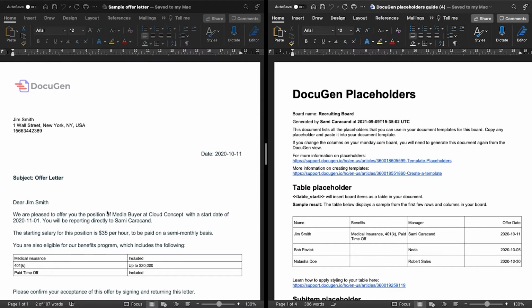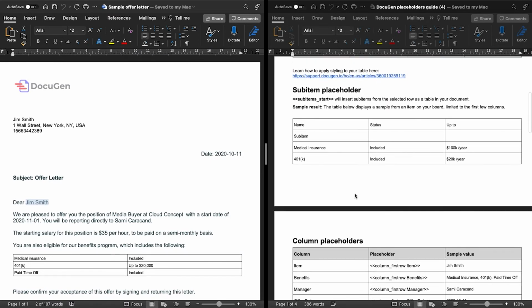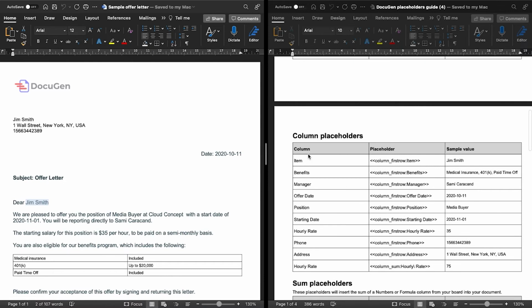What we want to do is replace things like Jim Smith here with a placeholder that will insert the correct name depending on who we're generating the offer for. In this case, I will scroll down in the document for the placeholders to the column placeholders. I know that the name of the person, the candidate, is in the first column, which is the icon column. I'm going to copy the placeholder for that from the placeholder column here,